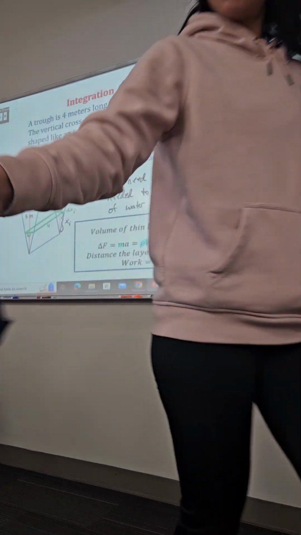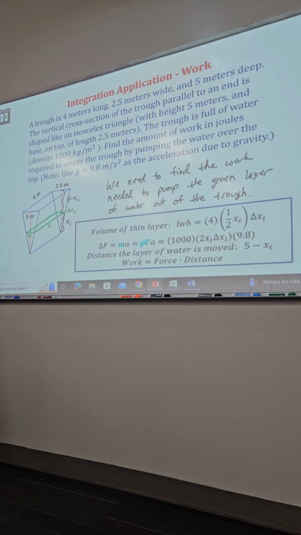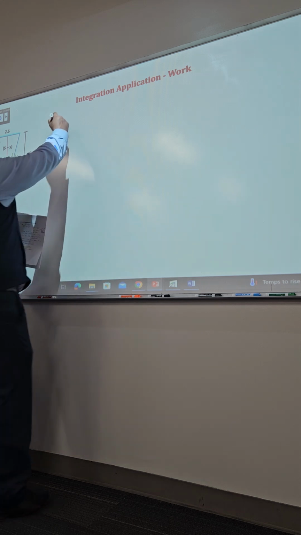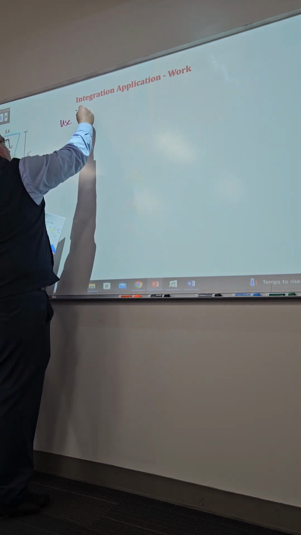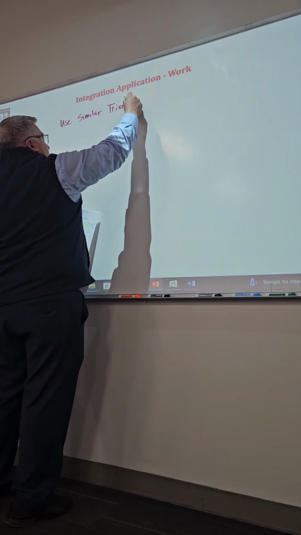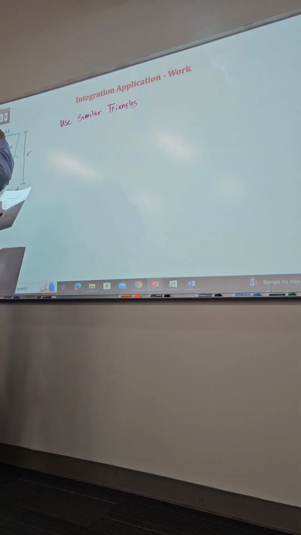Let me show you where they get that 1/2 from. They got that 1/2 by taking the cross section. What's the cross section? That triangle, right? Okay, we'll go to the next slide where I have some room. See the cross section there? So that 1/2 xi, I'm going to show you how they got it. What they did was they used similar triangles. Okay? All right. And so, that green layer, that cross section of